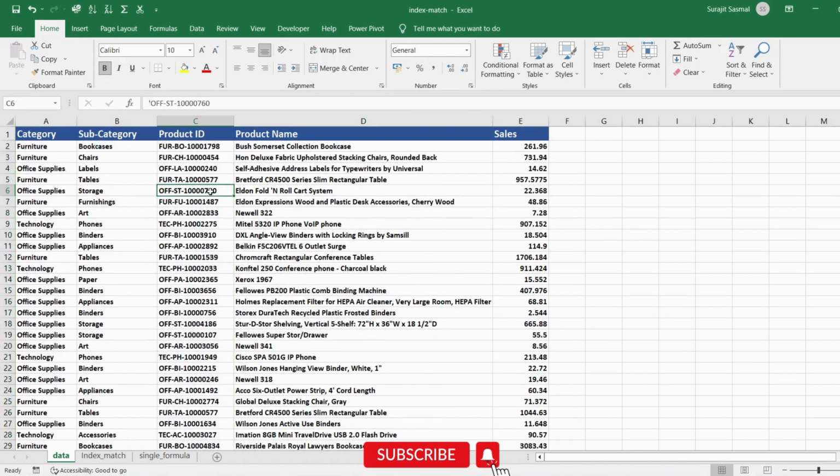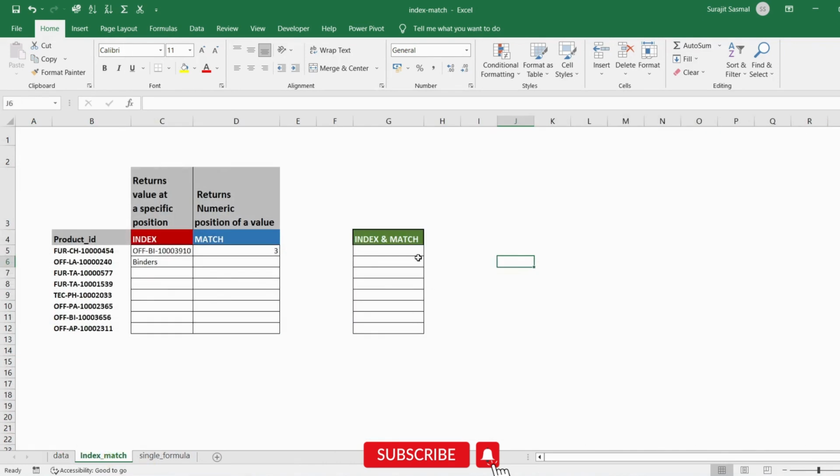You see product ID is no longer the leftmost column. Now with the help of INDEX MATCH, we want to find the subcategory, or category, based on this product ID. Let's do this. Is equal to